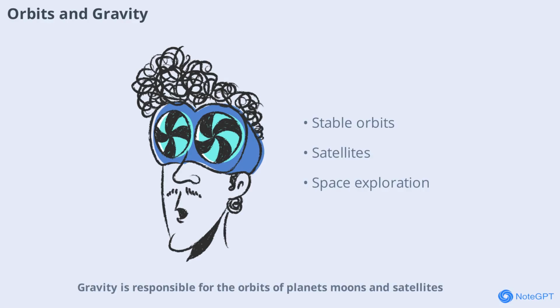Gravity is responsible for the orbits of planets, moons, and satellites. When an object moves fast enough sideways as it falls, it keeps missing the ground, creating an orbit. This is how the Moon stays in orbit around Earth and how artificial satellites circle our planet. The balance between gravitational pull and forward motion creates stable orbits, which are essential for everything from GPS to space